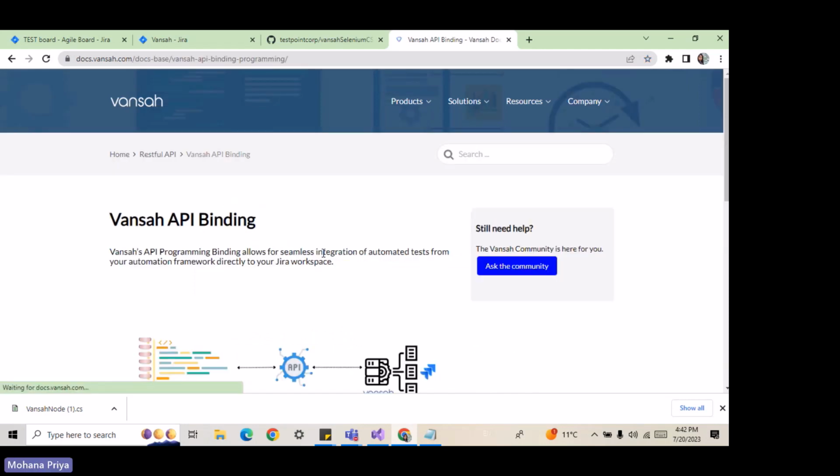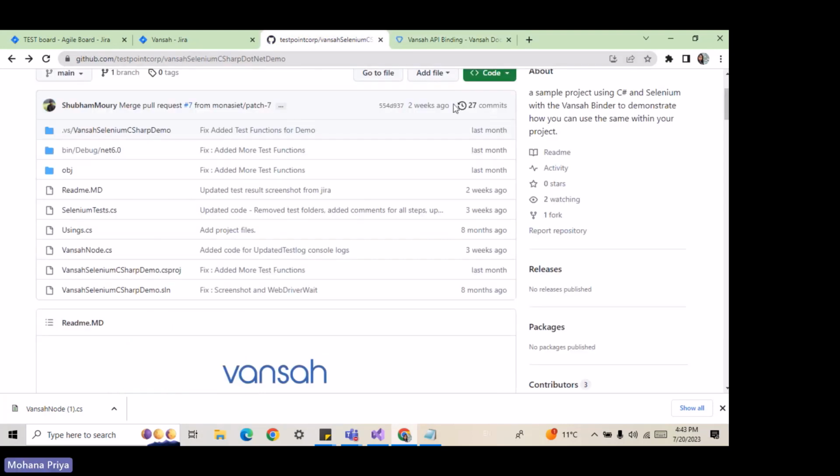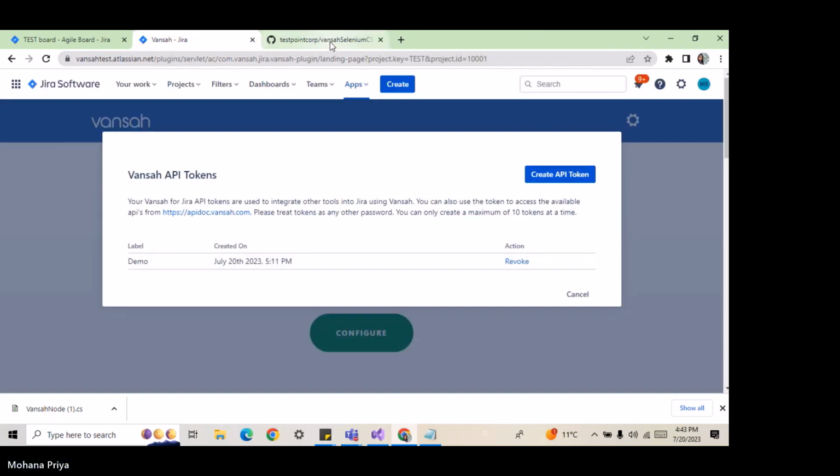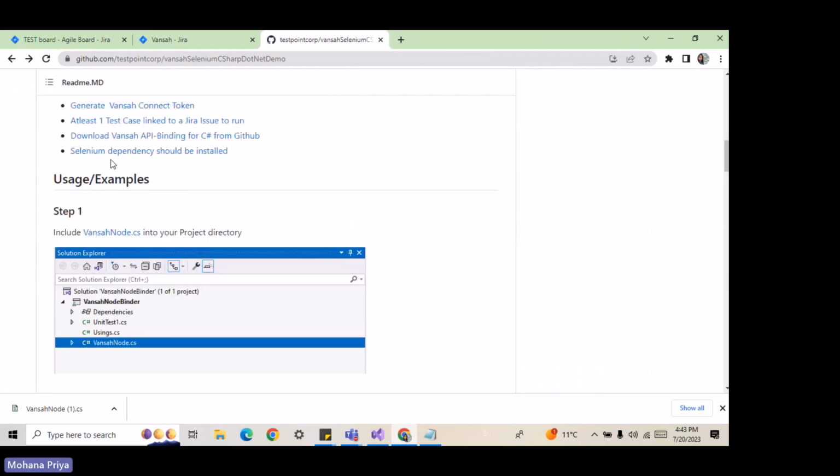Here it shows the results. From this link, you are going to download the binding for C# and also for the Jira. I have downloaded the Vansah node.cs already. And the next step, you need to add the dependencies for your framework. For example, here we use Selenium. If you have any issues in the dependencies, here are the steps you have to follow to install